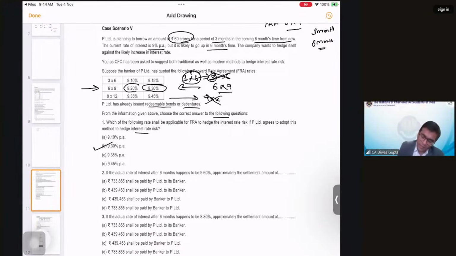Had we been investing through this FRA, we would have ended up having 9.2. But we are not investing through this FRA, we are borrowing through FRA. So if you are borrowing through FRA, the bank will charge a higher rate. If you are investing through FRA, the bank will give us a lower rate. So the correct answer is